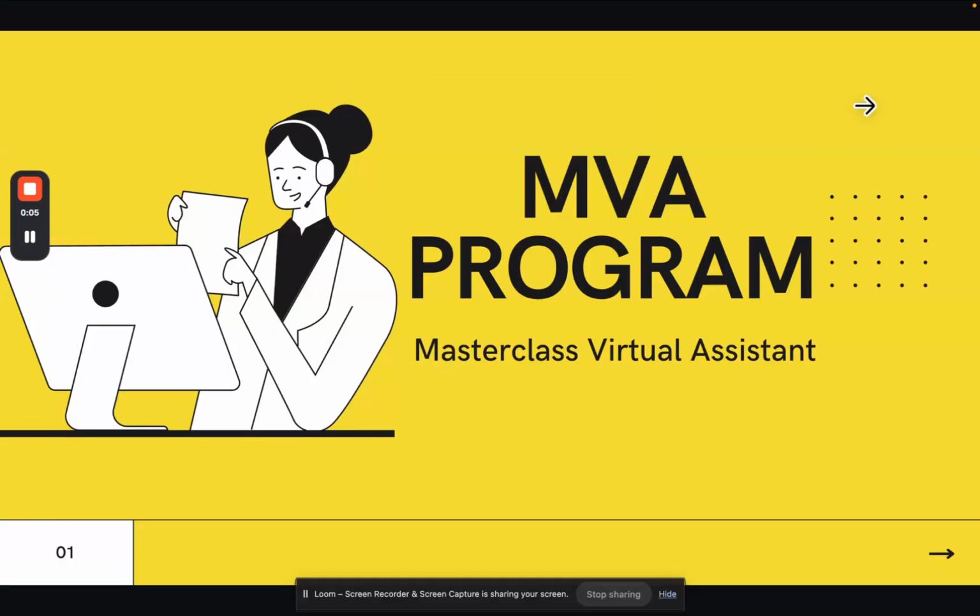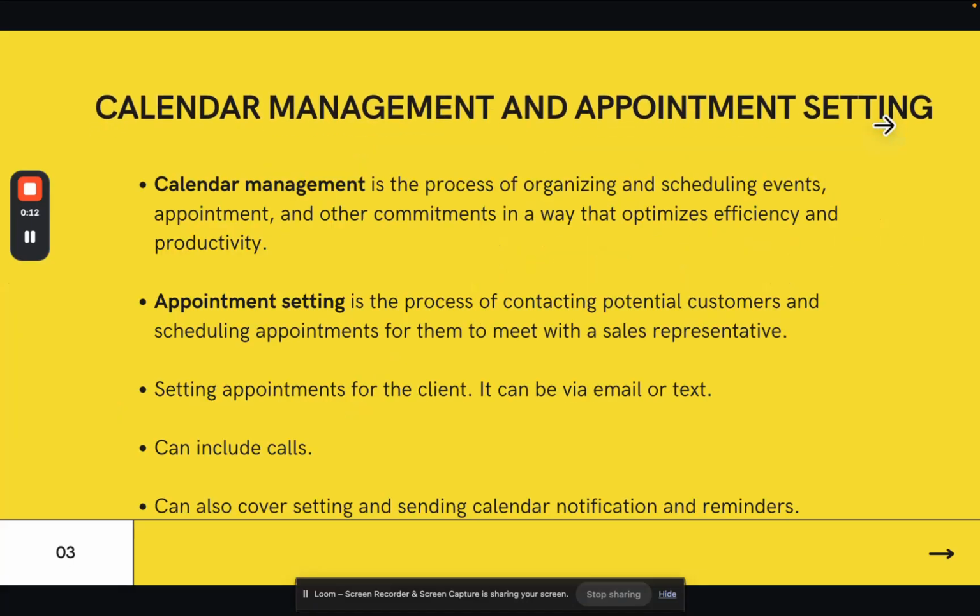In this video, we are covering two of the most critical skills for virtual assistants, and these are calendar management and appointment setting. So what is calendar management, guys? It is the process of organizing, scheduling events, appointments, and any other commitments in a way that optimizes efficiency and productivity. While appointment setting is the process of contacting potential customers and scheduling appointments for them to meet with